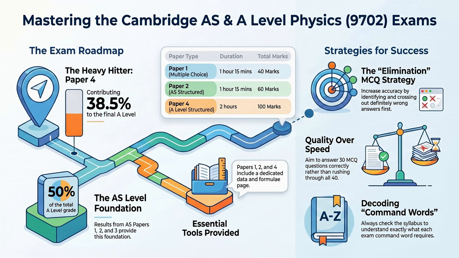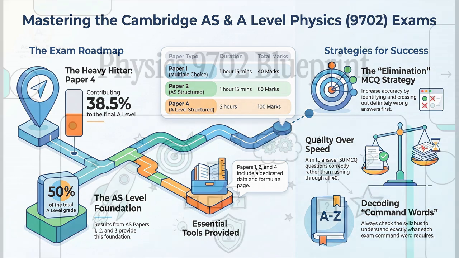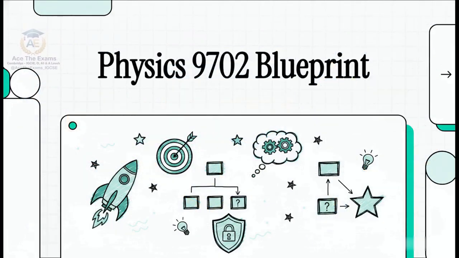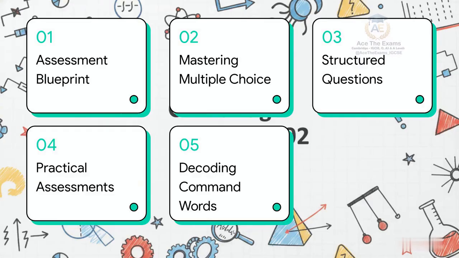Okay, let's get right into this explainer. Today, we're handing you the absolute master blueprint to totally conquer the Cambridge AS and A-Level Physics 9702 exams. Think of this as your complete operational briefing for the perfect heist. We're going to reverse engineer exactly how the examiners test you so you can walk into that exam room with absolute, unshakable confidence. We've extracted all the intel directly from the official sources and broken it down into 5 crucial